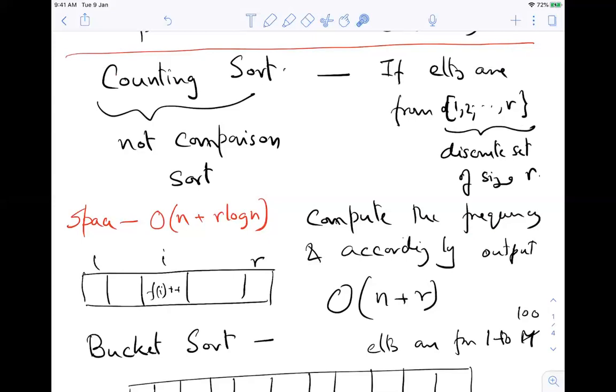That takes order n steps. Now after I have computed the frequencies, I have to go over this array. If I see that this first one has frequency 3, then I will output 1 three times.